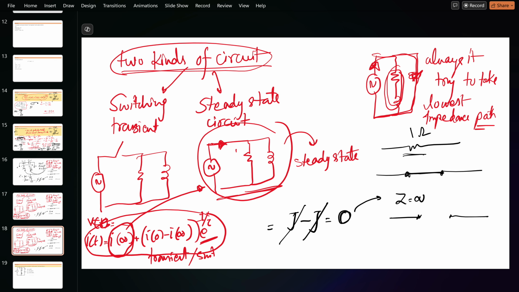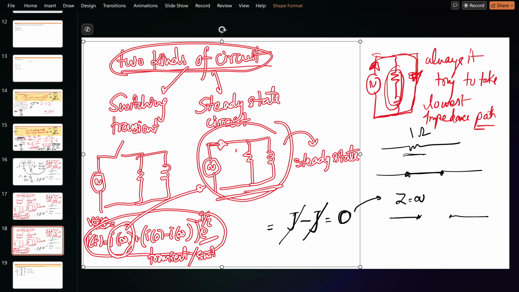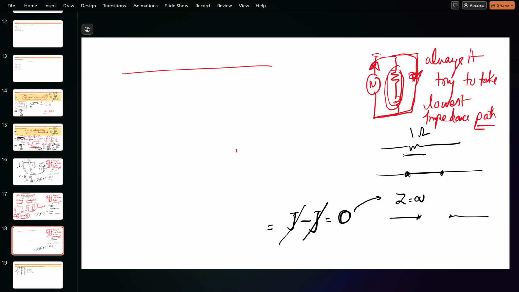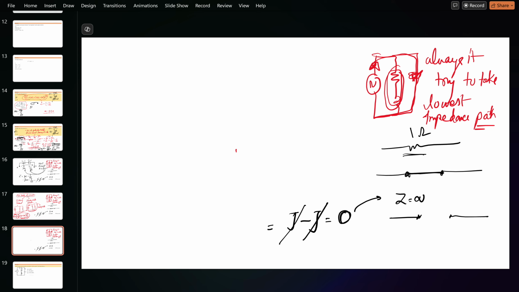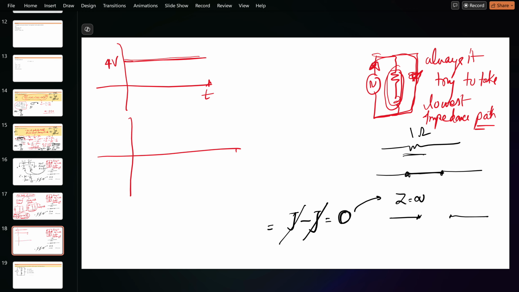So a DC source is not a steady state, sir? For DC sources, basically there is no concept of transient. DC sources are basically like this. Suppose there is a voltage of 4 volts, across the whole time frame it will be constant. But in a switching circuit, basically AC, what happens? What we wanted was a pure sinusoidal signal. But when you switch the circuit, it will move like this,